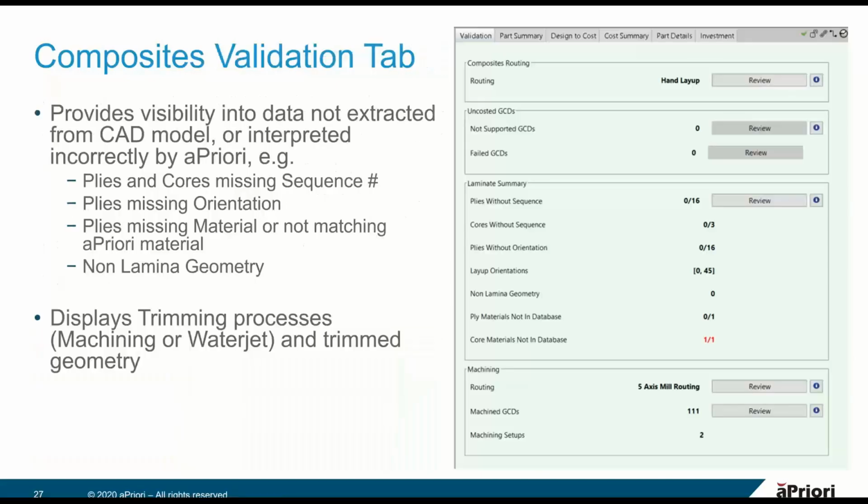And then moving right on, I mentioned the Composites Validation Tab. Here's a picture of it, and you can see it summarizes information found in the CAD model and how we processed it. In particular, this laminate summary pane summarizes things like how many plies did we find in the model, how many of them are missing sequence information, similar for cores, how many distinct material orientations did we find, all that type of information. And then if you click that review button,